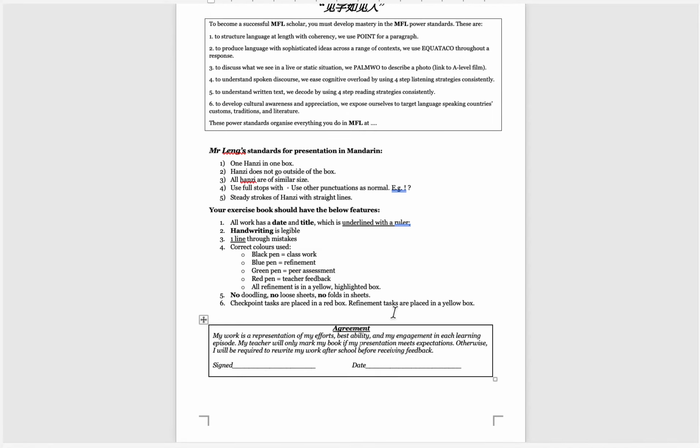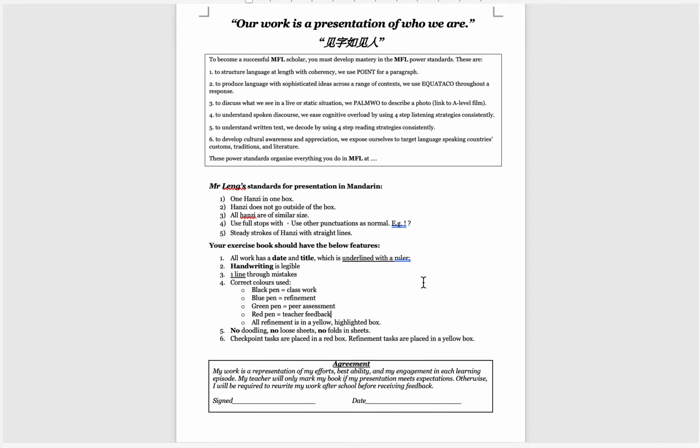So we are shifting the responsibility to the students that they need to have presentable work, then the teachers will mark the book. And a lot of the time you might think, oh, this is too much to ask for my students. But once you use it, students are really proud of their books. I cannot say that there's no student who will struggle with this.